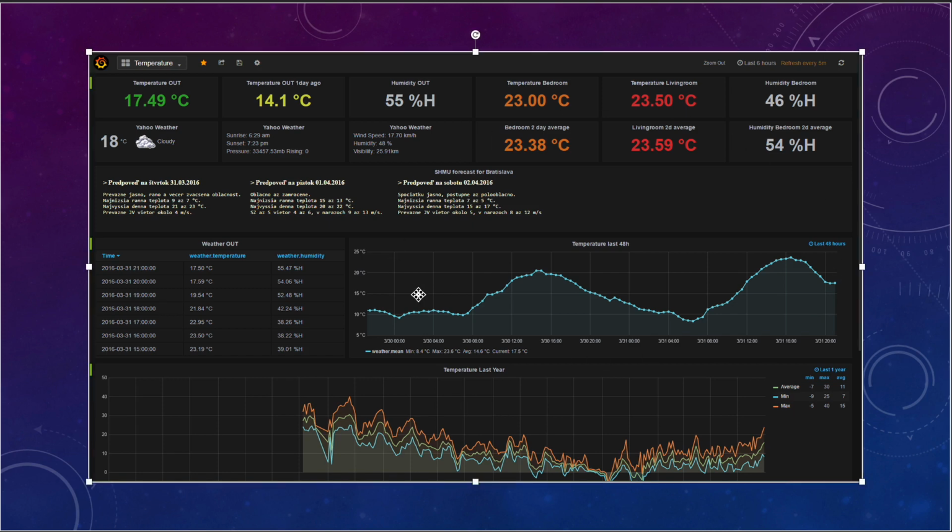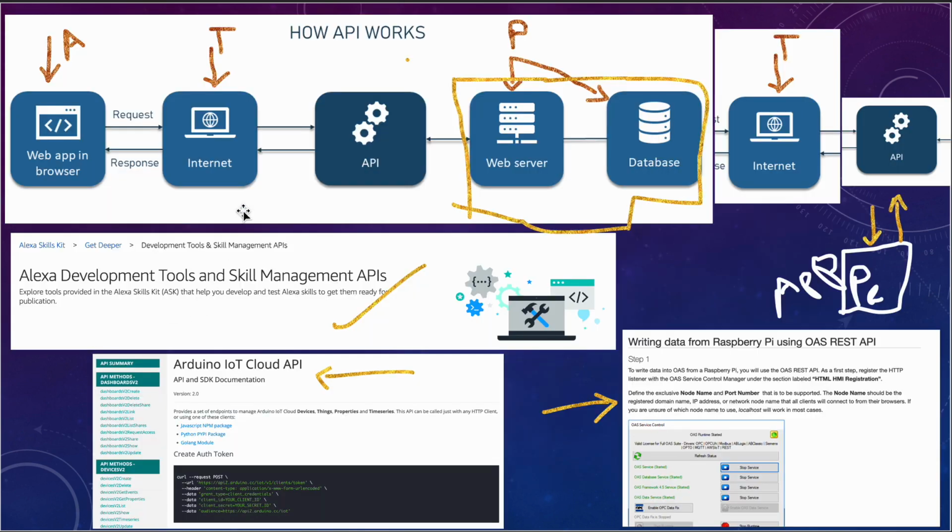Users will see this, and if a user inputs some data into this calibrations or some kind of settings, right, configurations, that means that information should go through the internet, through the API to the web server, and the server will update through the internet, through the API to the perception layer where the IoT device is there, right? I hope that this part,